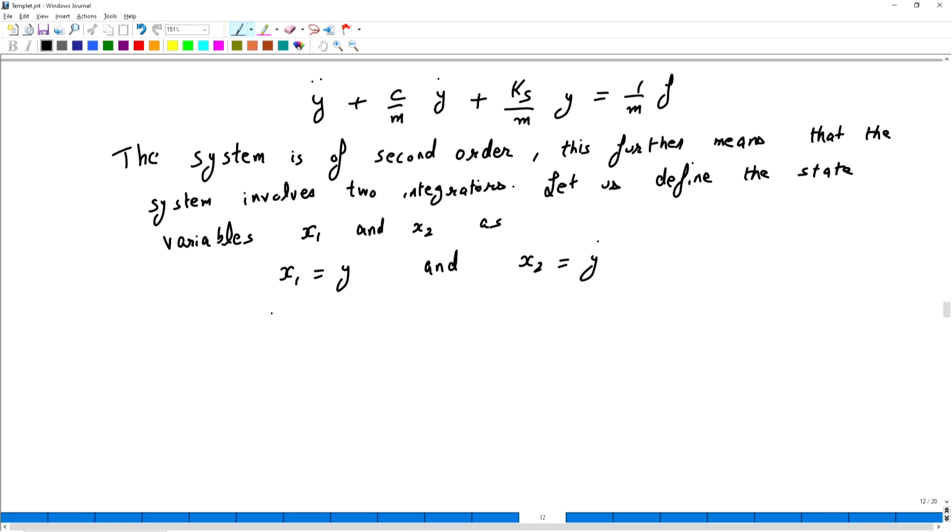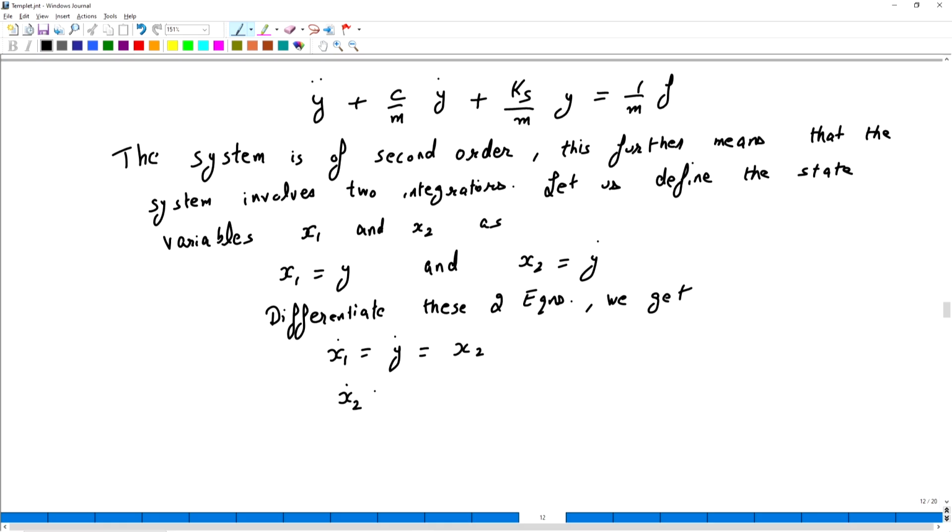What we'll do is differentiate these two equations. We get X1 dot equals Y dot, and Y dot is nothing but X2. Then differentiate, X2 dot equals Y double dot.